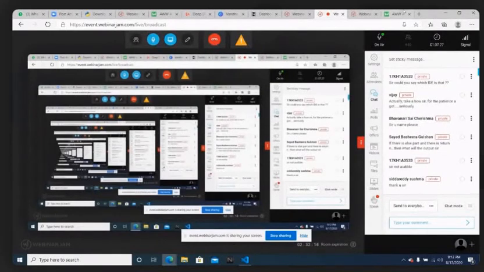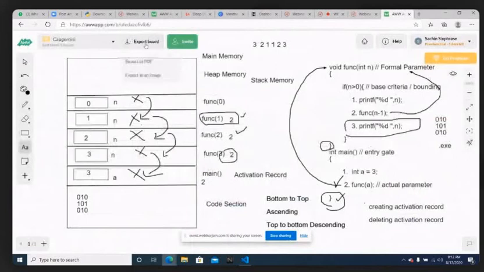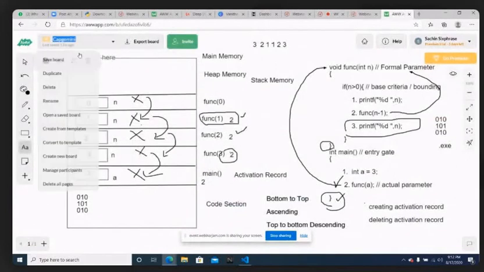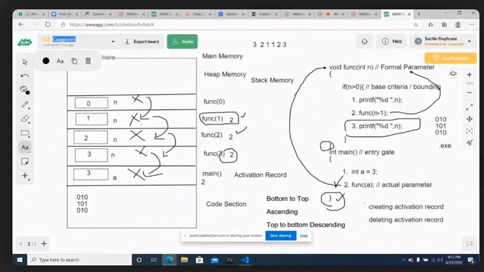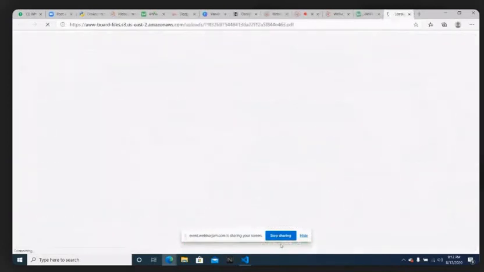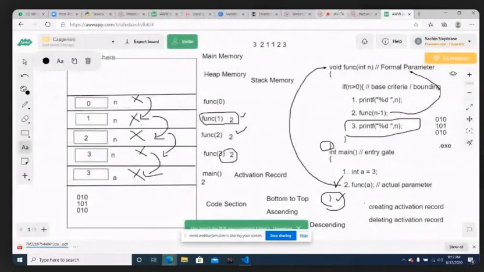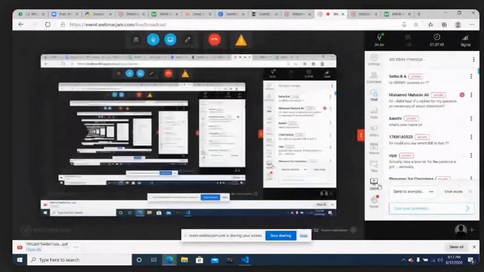But before moving on, I will export the board and save it. I'll just send it to you now itself, because I tend to forget, or I might erase it by mistake. So I have taken the PDF of it and downloaded it.